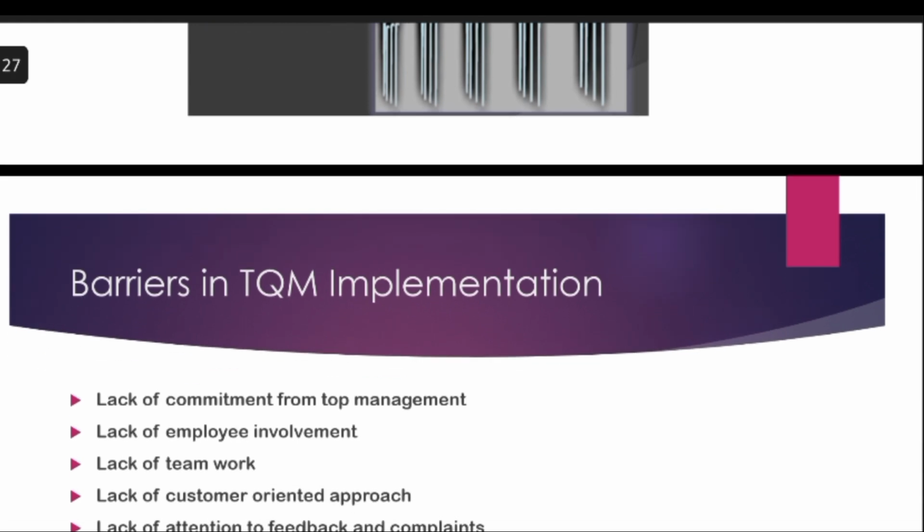The next, fourth one is lack of customer oriented approach. As I said before, the customers are the king of the market or the society. So they are the only deciders who are in the position to make a brand or to make an advertisement or to make a very good approach towards the product or services which are provided by the institution or organization or manufacturing industry.